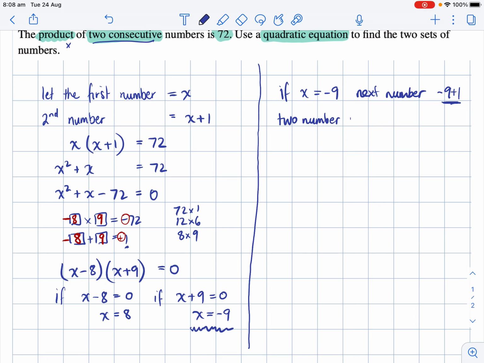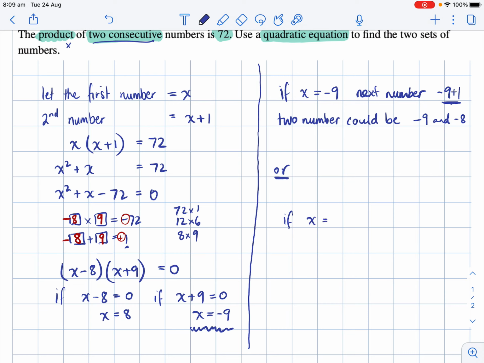So two numbers could be negative 9 and negative 8. Okay, those two numbers are consecutive and they multiply to equal 72. Or, that doesn't say or, that says of. Or,